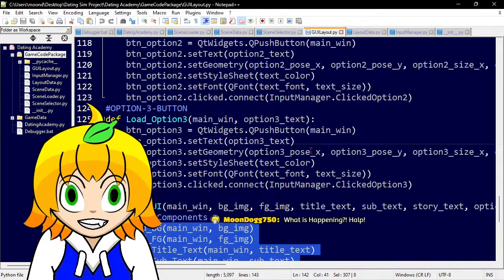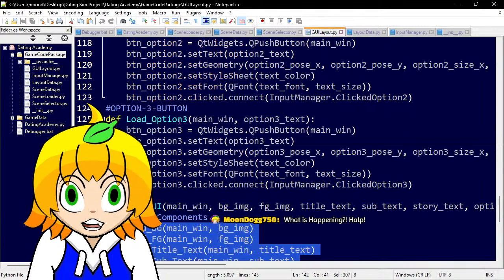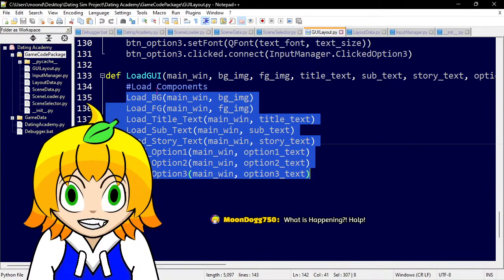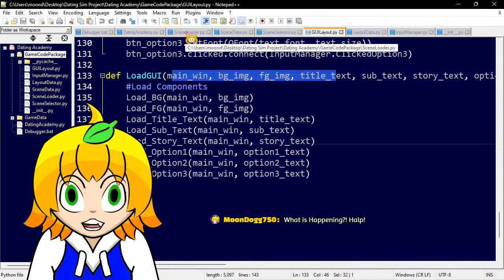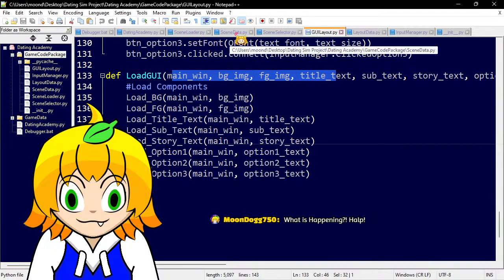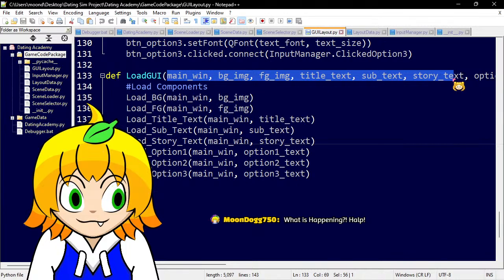So what it does is, if we go back to scene loader, we do load GUI. Load GUI, which is the last option here, takes in the information that the scene loader sent us from the scene data. So all the information we pulled from the dictionary in the scene data goes through the scene loader, ships over to the GUI layout, to the load GUI as variables.